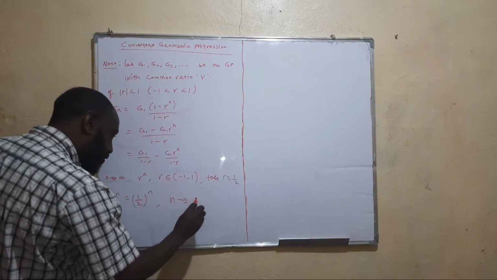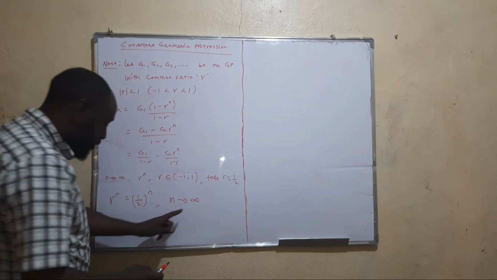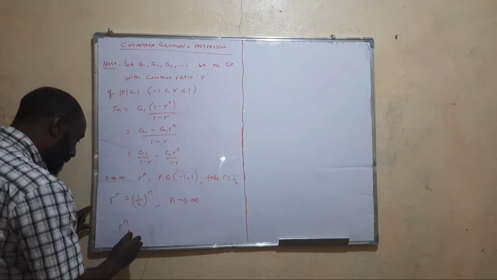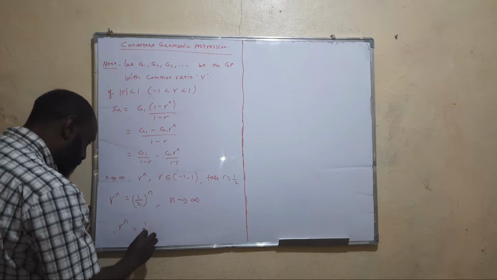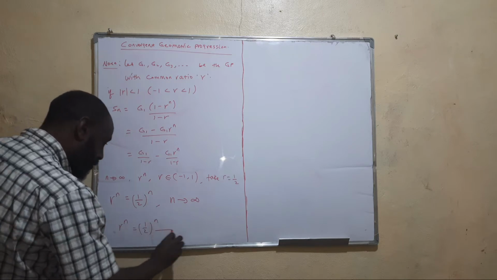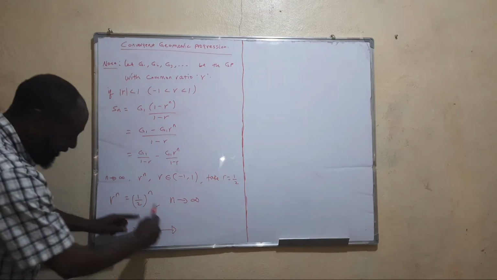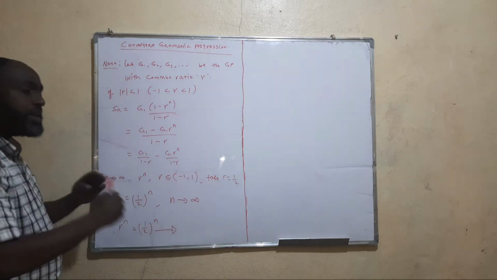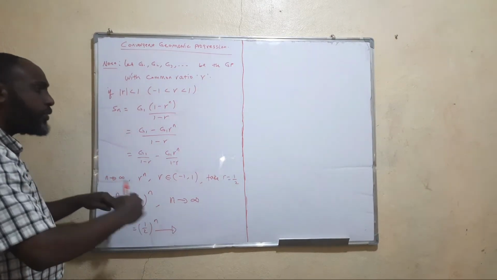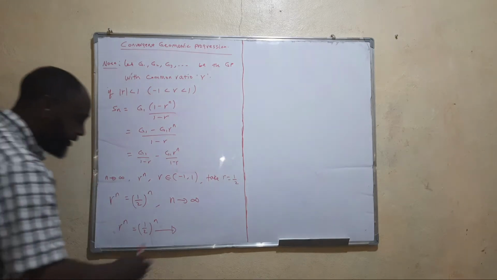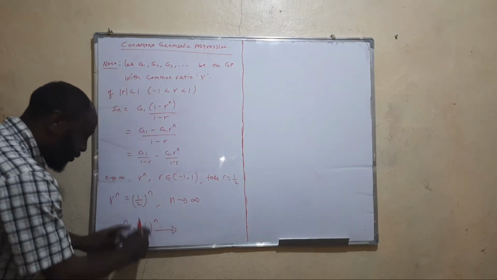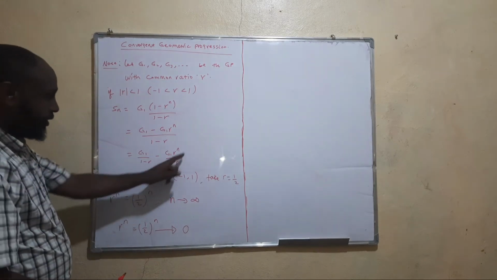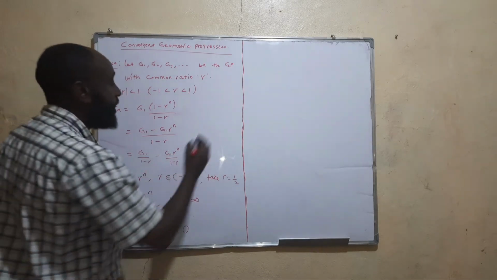So, as n goes to infinity, what happens? R to the power of n, which is 1 over 2 to the power of n, goes to what? As n gets larger and larger, the 2 is getting bigger and bigger. Therefore, whenever we divide 1 by a very big number, 1 over 2 to the power of n goes to 0. Therefore, this thing disappears. Hence,